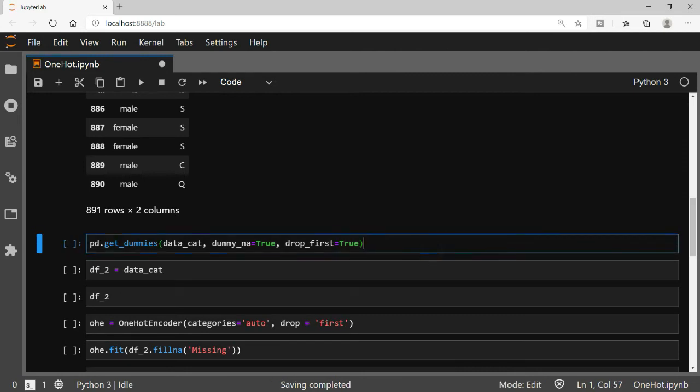Still, for the purpose of this demonstration, I will let you know how we can use pandas get_dummies. Here is my categorical data set, and here you can see that I have set dummy_na equal to True. It means that if there is any NA in the data set, it will also create a separate category for that.